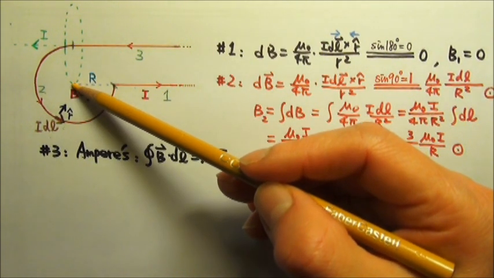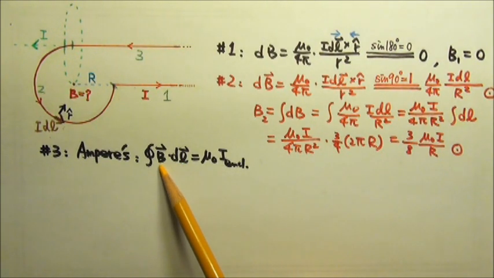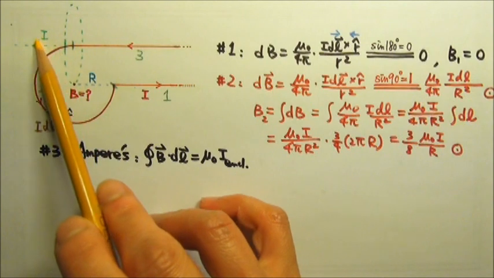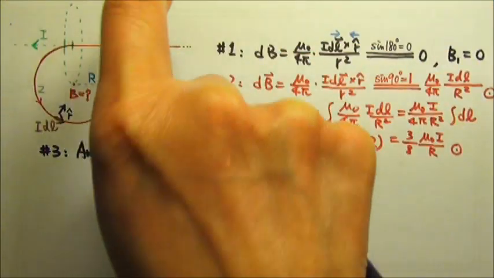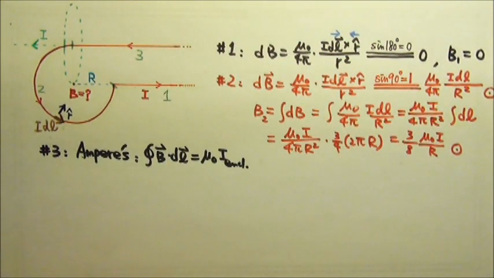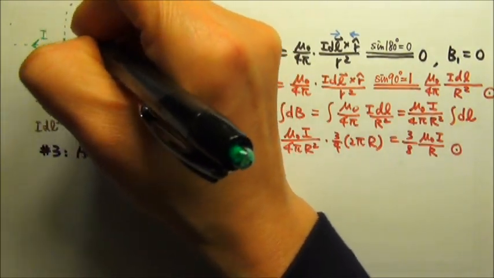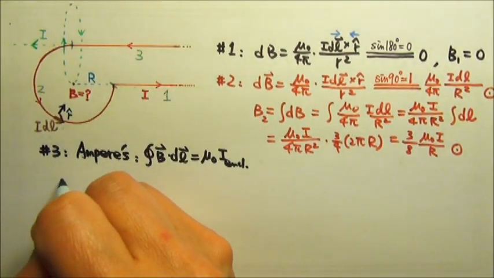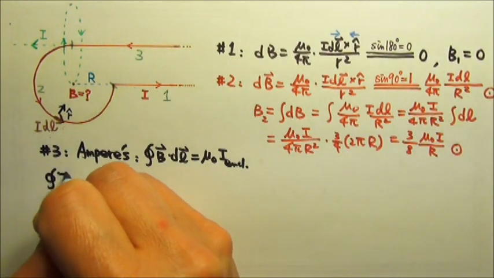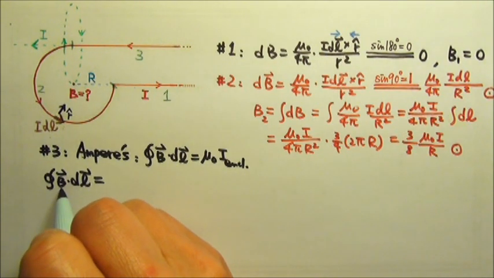so the Amperian loop would have a radius big R. And we are going to make our Amperian loop in the same direction as the magnetic field produced by this segment 3. So if I use my thumb to follow the current, the fingers will go up in the front and down in the back. So the Amperian loop would go up in the front and down in the back. With the symmetry, we would have this integral B dot dl equals to, we'll be able to take the B